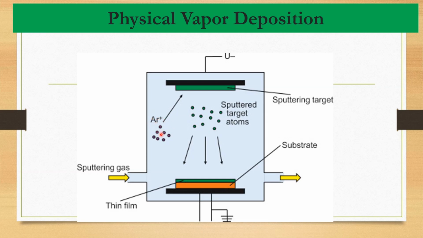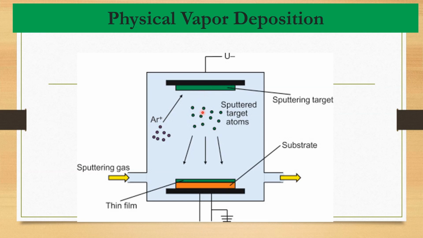These ions then are forced to strike on the surface of the target, that is called the sputtering target. And sputtering target, when is collided with these ions, the atoms are removed from the surface of the sputtering target,